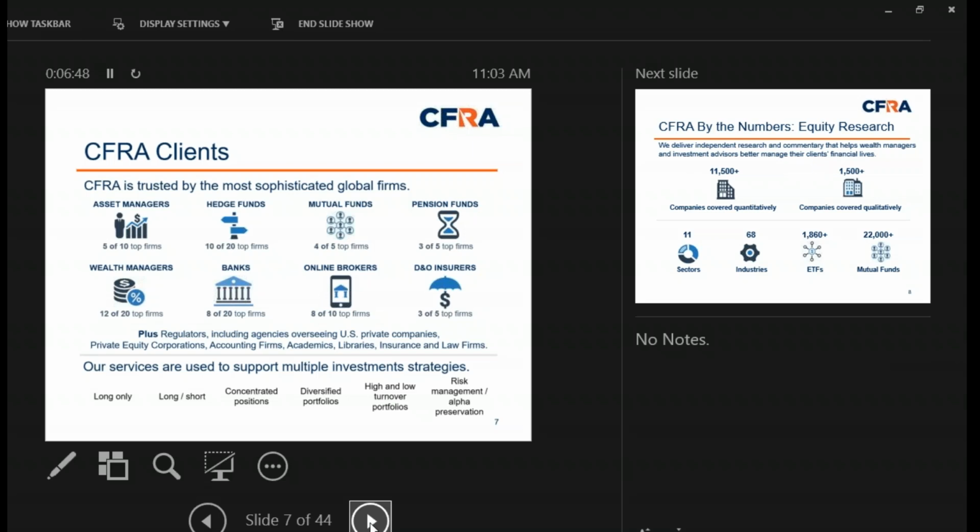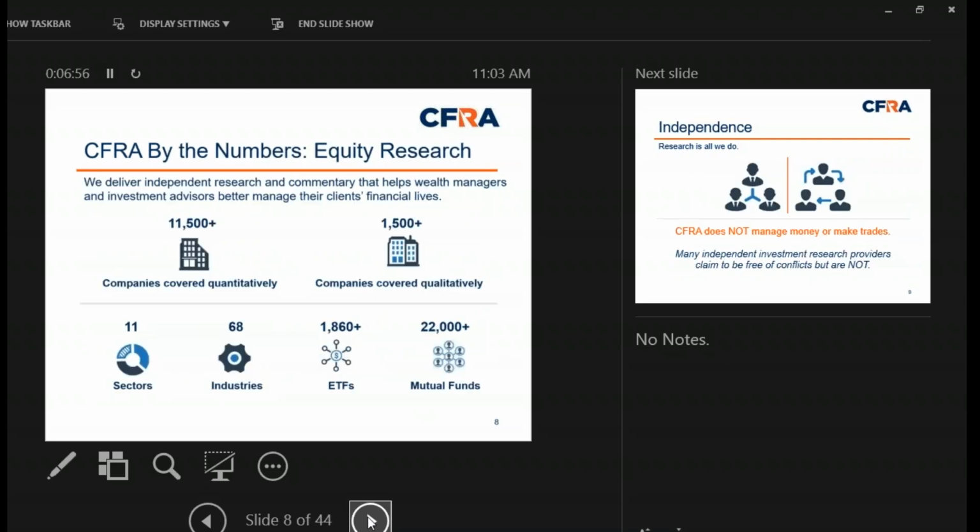Cfra's global subscribers include the world's leading institutional investors, wealth advisors, corporations, academics, and governments. Cfra is committed to being the world's leading independent investment research firm, with over 75 global analysts authoring in-depth qualitative research on over 1,500 companies.